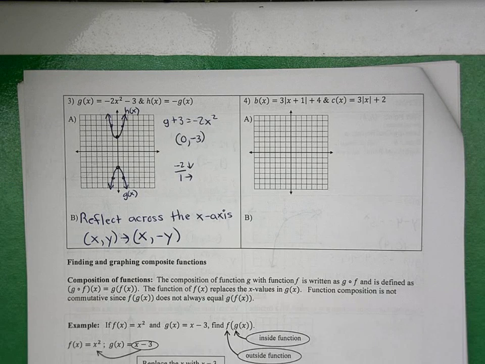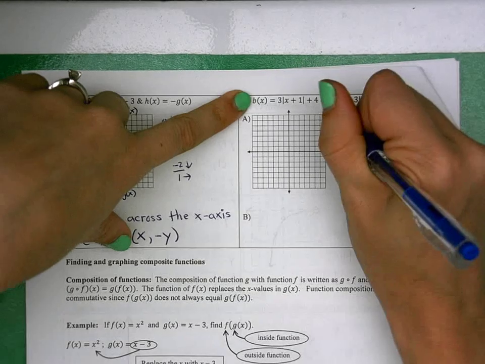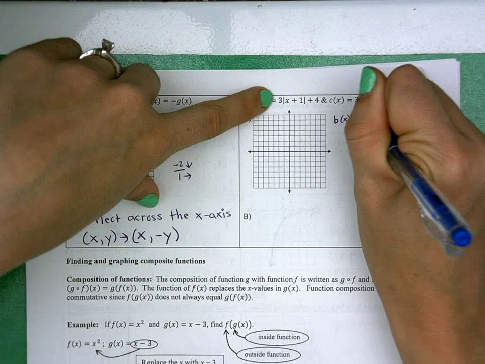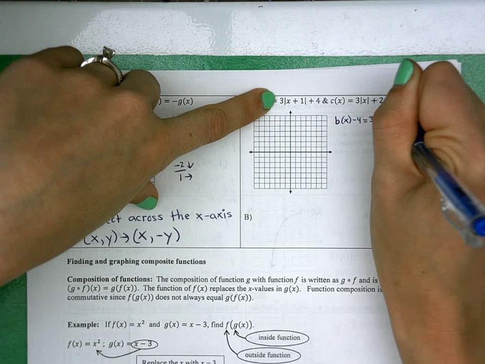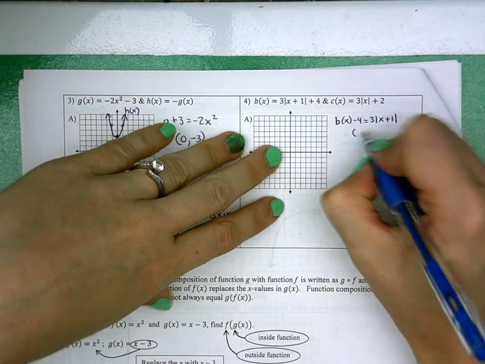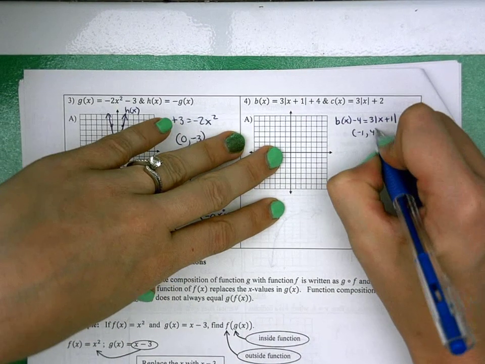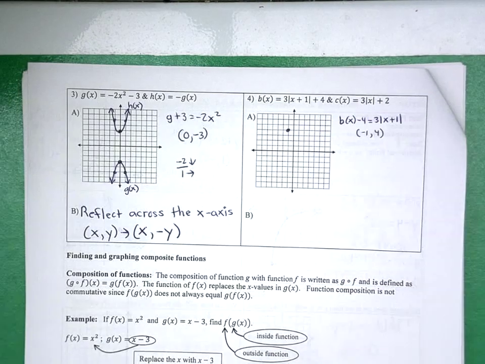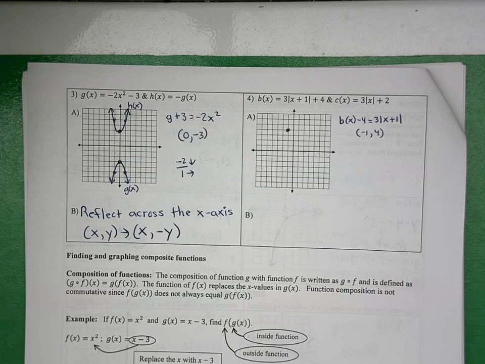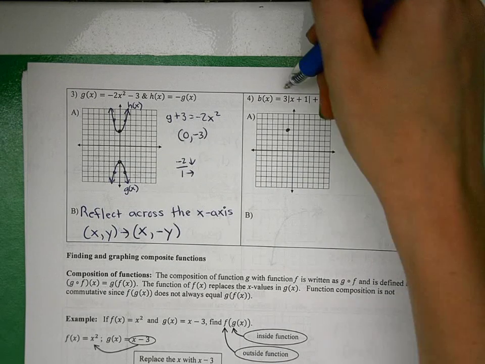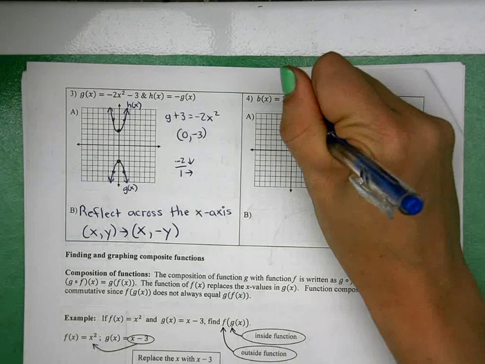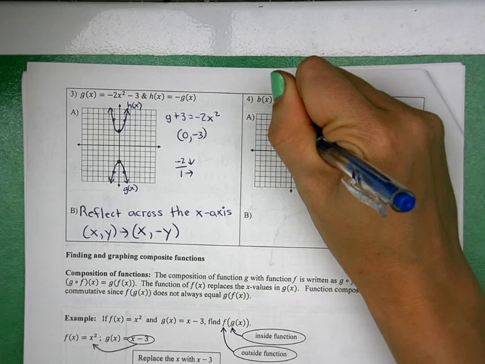Okay. Okay, last one. Absolute value, b of x. Turning b of x into its descriptive form, we're going to subtract this negative 4 over to the other side. 3 absolute value of x plus 1. My coordinate point then, x is negative 1, y is positive 4. That's my vertex. I see that I have a positive slope. Absolute value, or linear absolute value, does have a slope. So I know I'm going to be facing upward since it's positive, and I'm going to be moving up 3 over 1. Up 3 over 1, both directions to create this v. And so there's